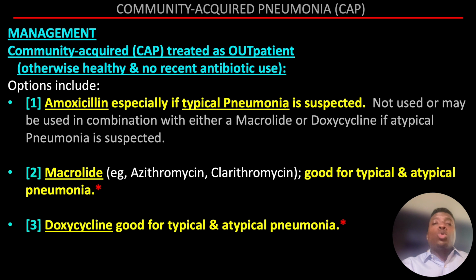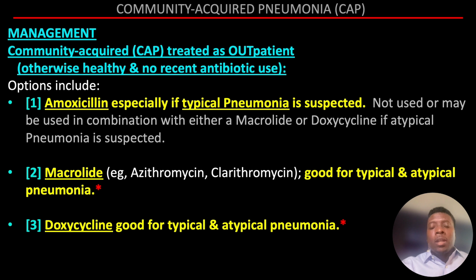Now, in terms of how do you treat pneumonia, it all depends on two things. Where did they get the infection, and what do you plan on doing with them? So, for example, if you have someone that presents with community-acquired pneumonia, meaning they got it from outside the hospital or less than 48 hours of being admitted, and you decide to treat them as an outpatient, you have three main options. You can use amoxicillin, especially if you think it's a typical pneumonia,